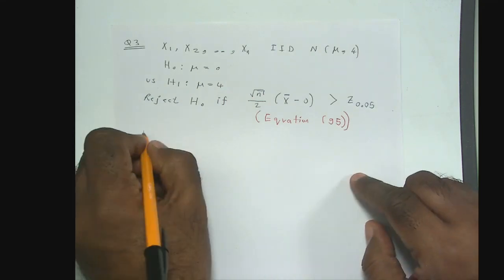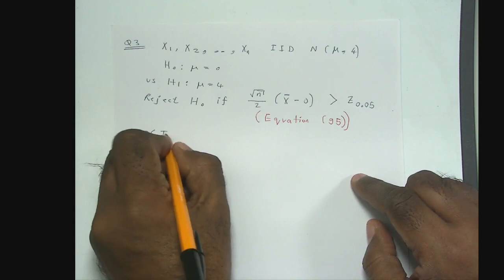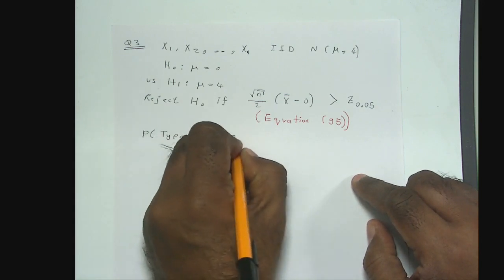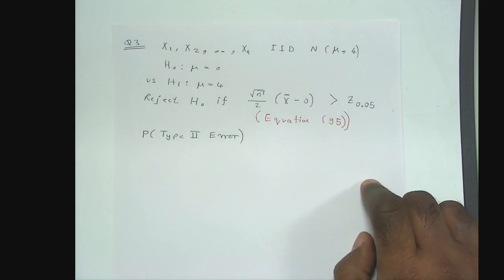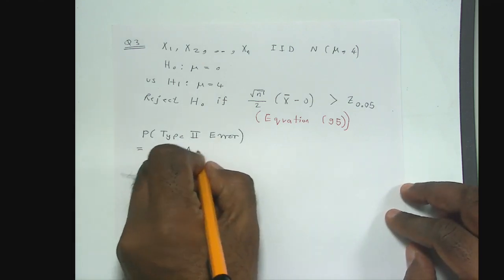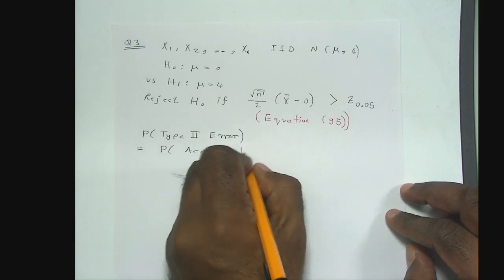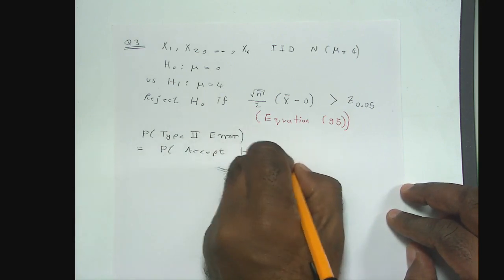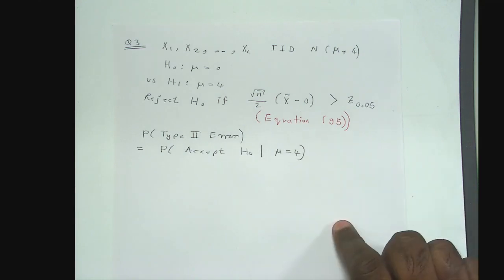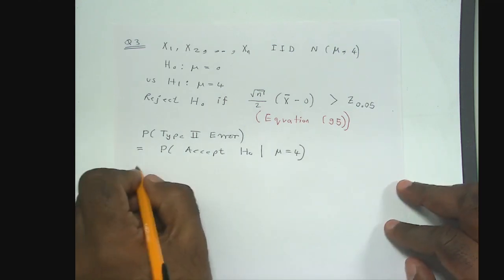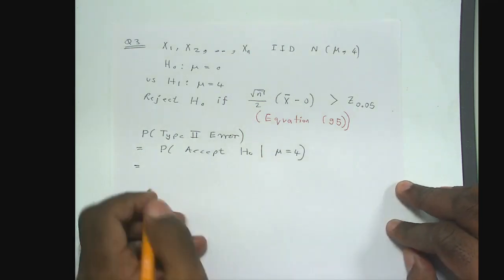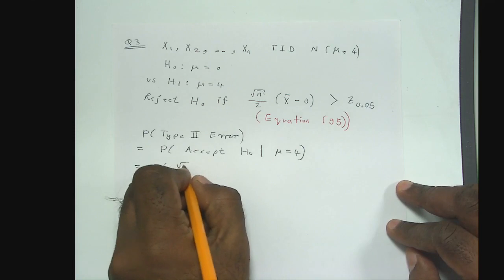Now the question, guys, is to find the probability of type 2 error, which is, as you all know, the probability of accepting H0 when H1 is true. Okay, this is the definition of type 2 error. So now this is the rule for rejecting H0. So the accepting will be the complement of this rule, which is root n